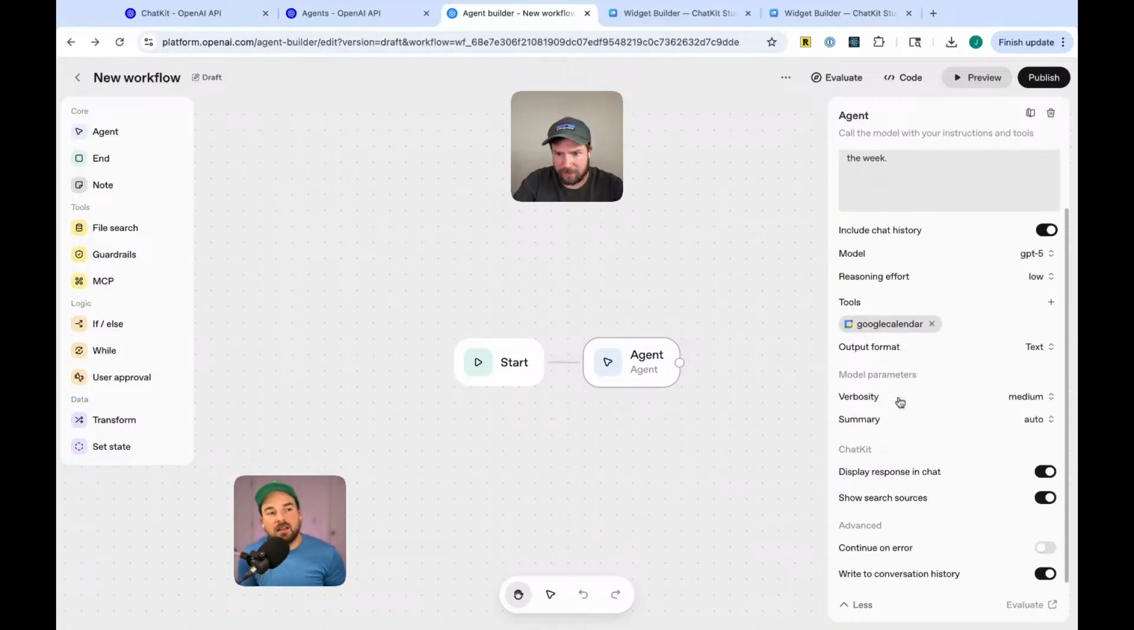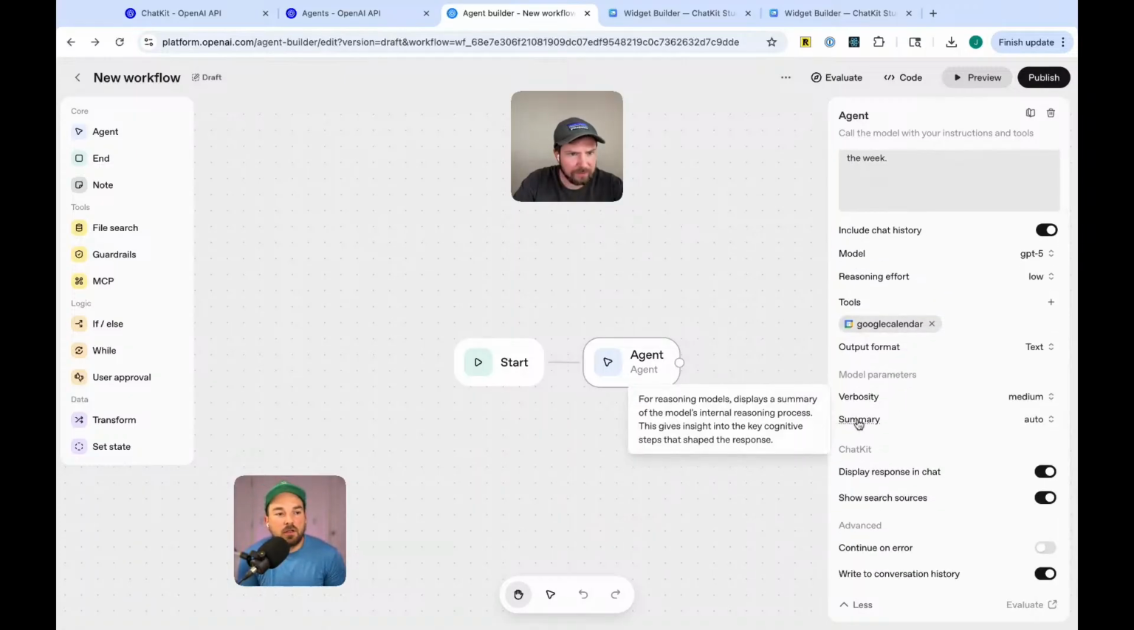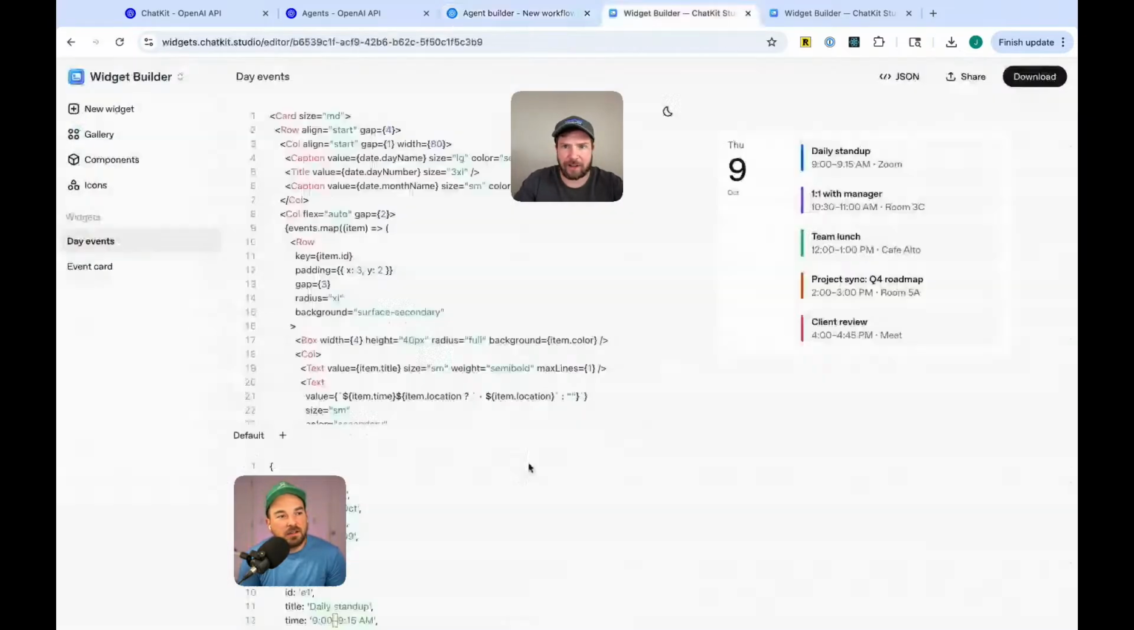I don't know. The idea is that maybe the widget is part of, only displays within ChatKit? Yeah, I bet you're right. Like, so it's completely separate. So if you go into